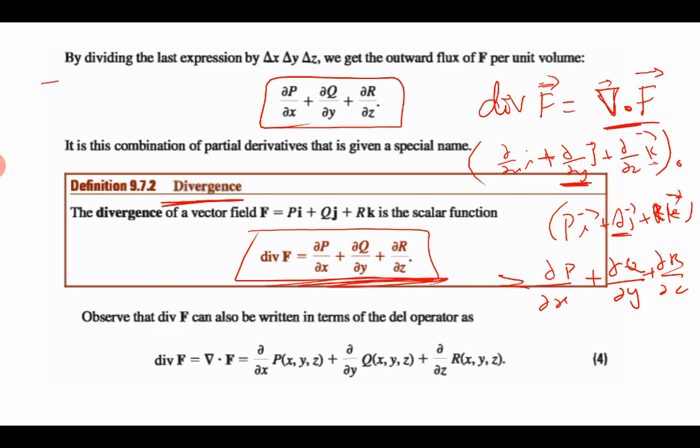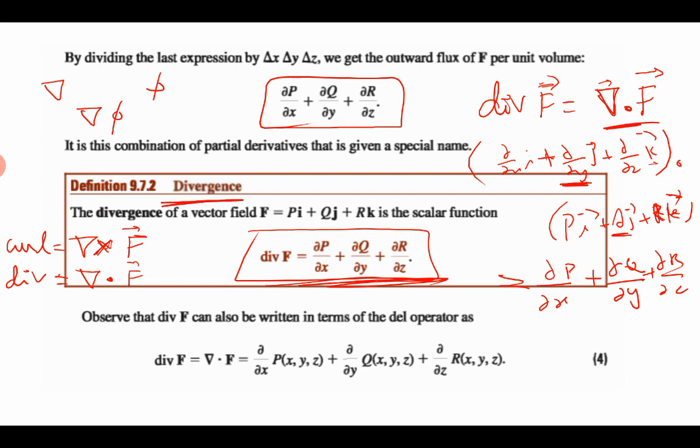So the del operator gives us three different operations. With the scalar function phi, it gives the gradient, del phi. With the vector function F, when you use the cross product, it will give curl. With the vector field, if you use the dot product, it will give divergence. Del dot F, del cross F, and we need all these concepts, which have been highly used in Maxwell's equations and electromagnetic fields.